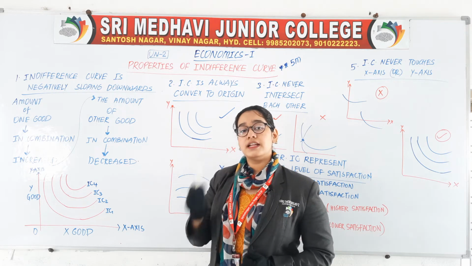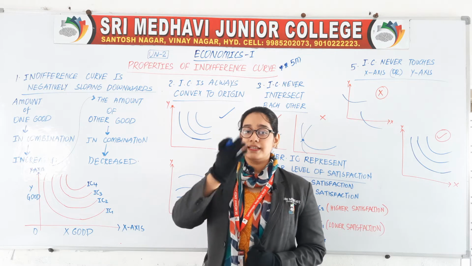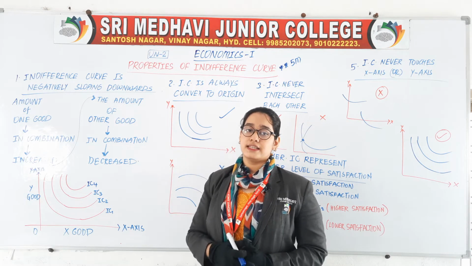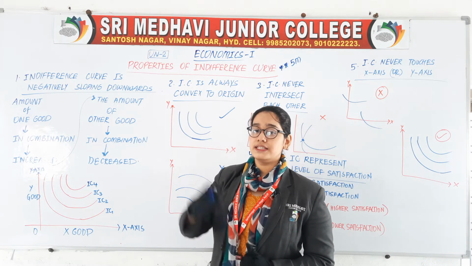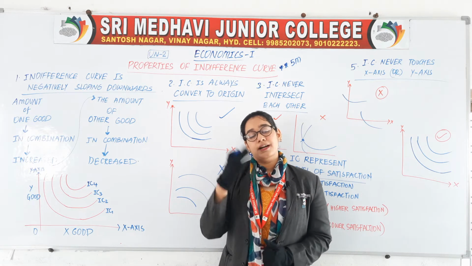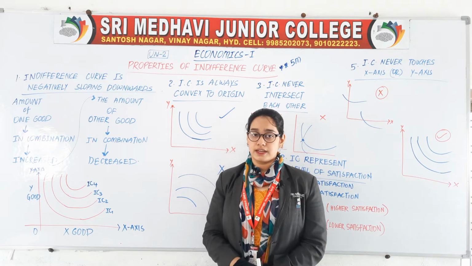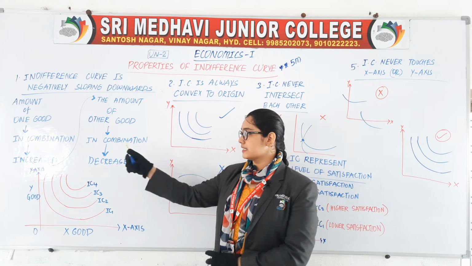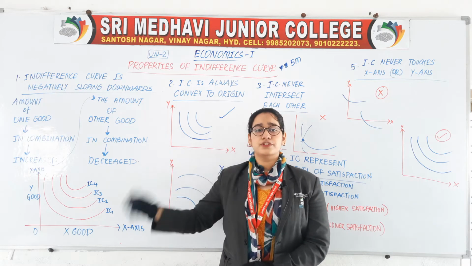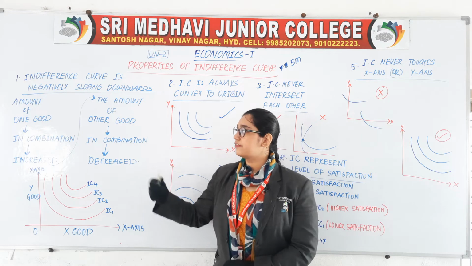We have discussed in our third unit, demand, like whenever something is increased, the next thing is decreased. Supply increase, demand decrease, or supply decrease, demand increase, then that is nothing but negatively sloping, right? So the slope is from left to right. Am I right? So what is the definition?